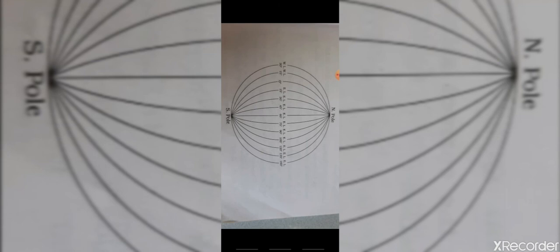Longitudes are imaginary semicircles drawn on the globe in a north-south direction. In this picture you can see imaginary semicircles at different degrees, the eastern longitudes and the western longitudes. We can see an imaginary line drawn on the globe, running from the north pole to the south pole in a north-south direction. These are called longitudes. They are there on the entire earth, but these are imaginary lines.